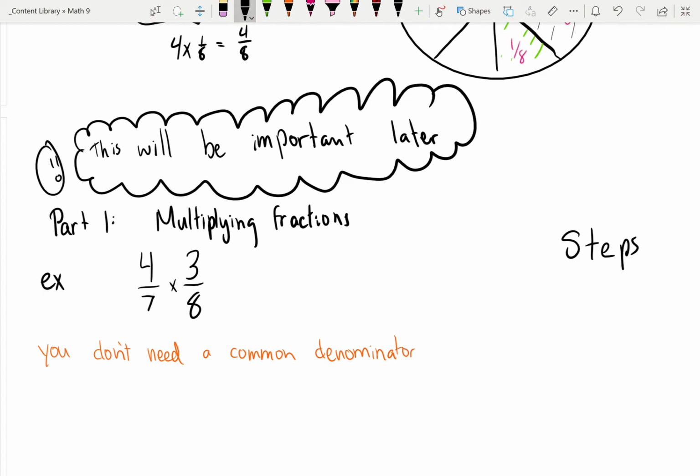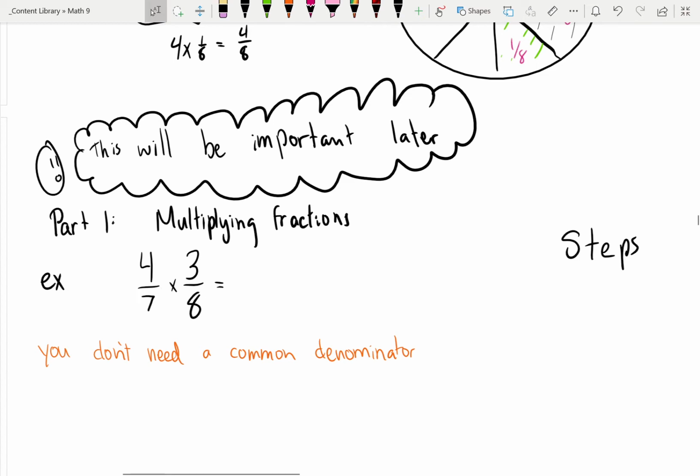So unlike with addition and subtraction, I don't have to treat it this way. The reason being is I'm going to subdivide each of my sections into sevenths and eighths together. I have a visual model that I'm going to show you when we get back, but for now,